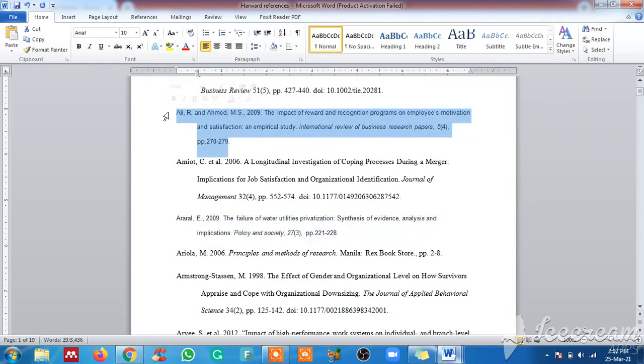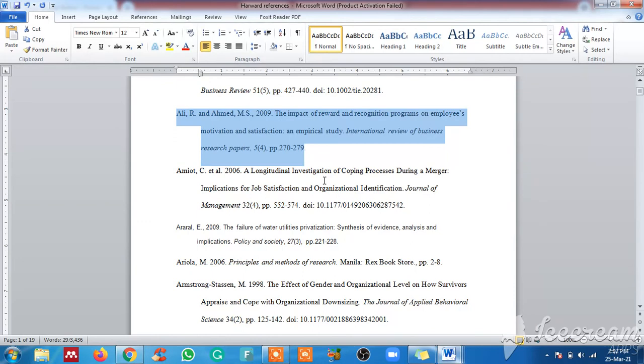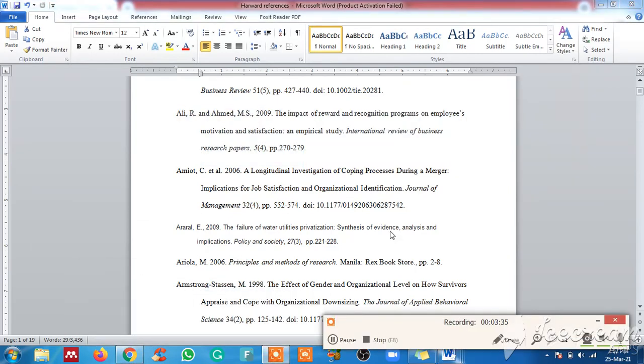When you convert all your references, maybe 100 references will take almost half an hour or less. Then you can convert them into Times New Roman, with font size 12, and then it's okay. So this is a short video. In my opinion, this is a shortcut method when you have not compiled your reference list from the very start. If you have all the references together, then you can convert them one by one.